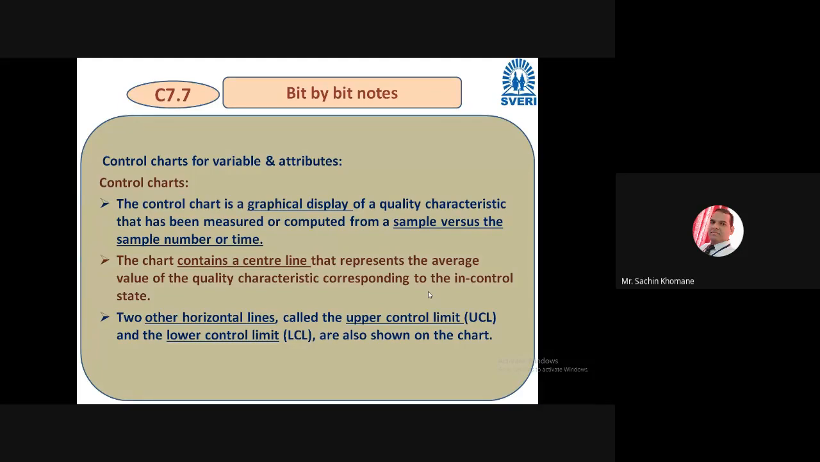Friends, you may have seen that the control chart has one center line, and about that center line you may check your performance. It is at exactly the center, and it represents the average value of the quality characteristic. So that center line is the average value. Also this control chart has